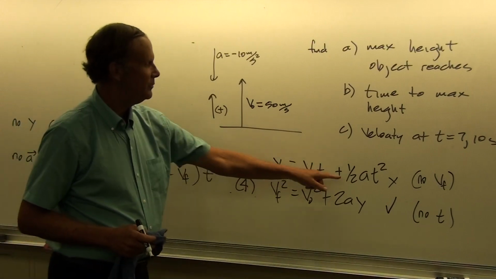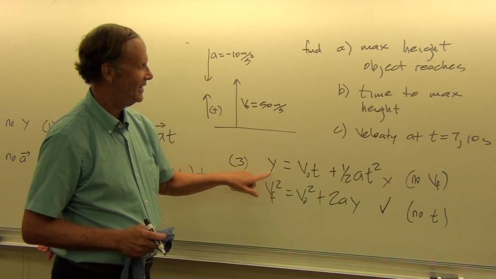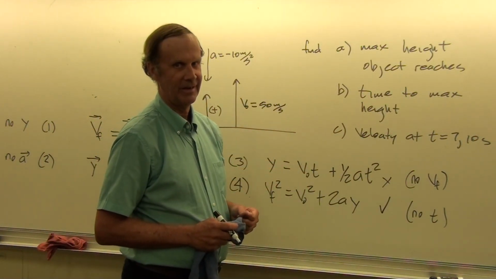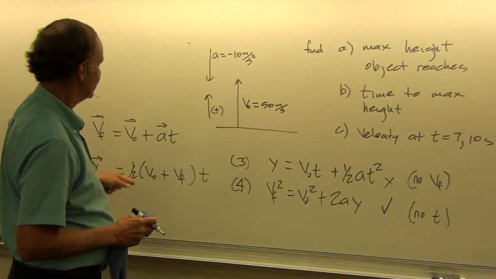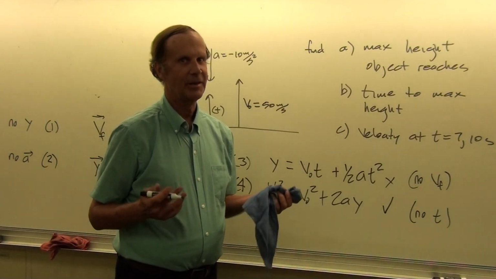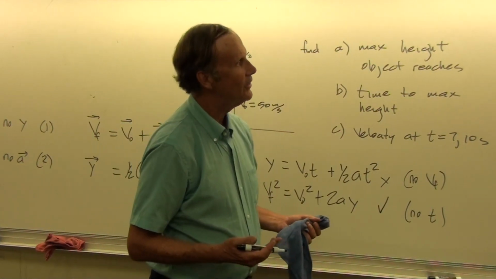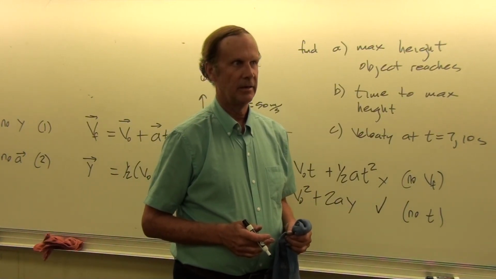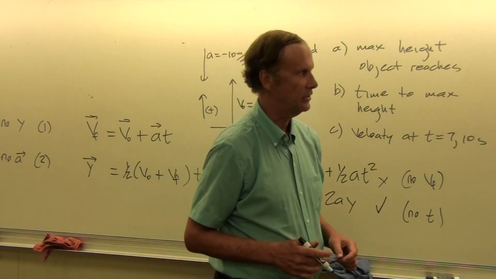But this one would be, I shouldn't say a dumb equation to use, but it sure is creating a lot more trouble than it needs to, solving a quadratic equation for the time when you've got two other equations that give you a relatively simple solution that doesn't involve the quadratic. So I'm not saying be afraid of the quadratic equation if you have to use it, but don't use it if you don't need to, because you'll save time and there'll be less chance of you making an error if you have fewer computations to do.